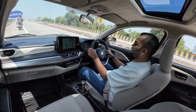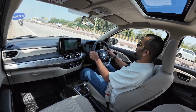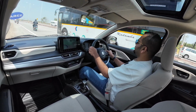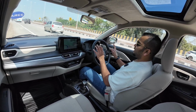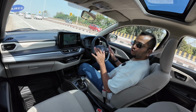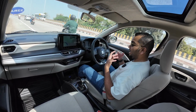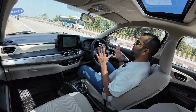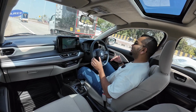So I will pull over to the shoulder, and as soon as I come to a standstill, and now the engine has switched off. I am still in D mode. I have not activated neutral. I am in drive mode, and as soon as I lift off my foot from the brake pedal, the engine